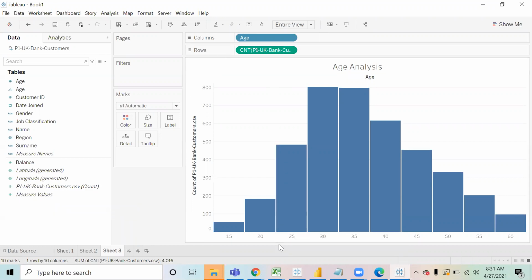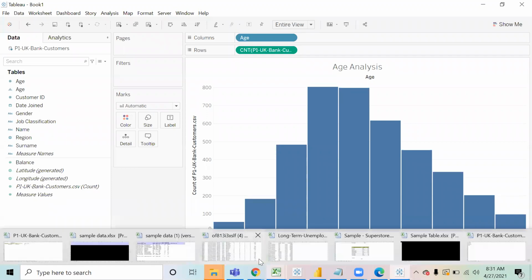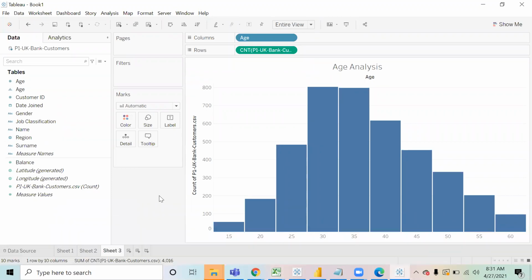Are you all with me up till here? If any changes have been made in the data, it will automatically update the charts. If there are any changes in the values or if rows have been added, it will automatically update the data. It will update the change. If more rows are added, it will bring in the more rows in that case.